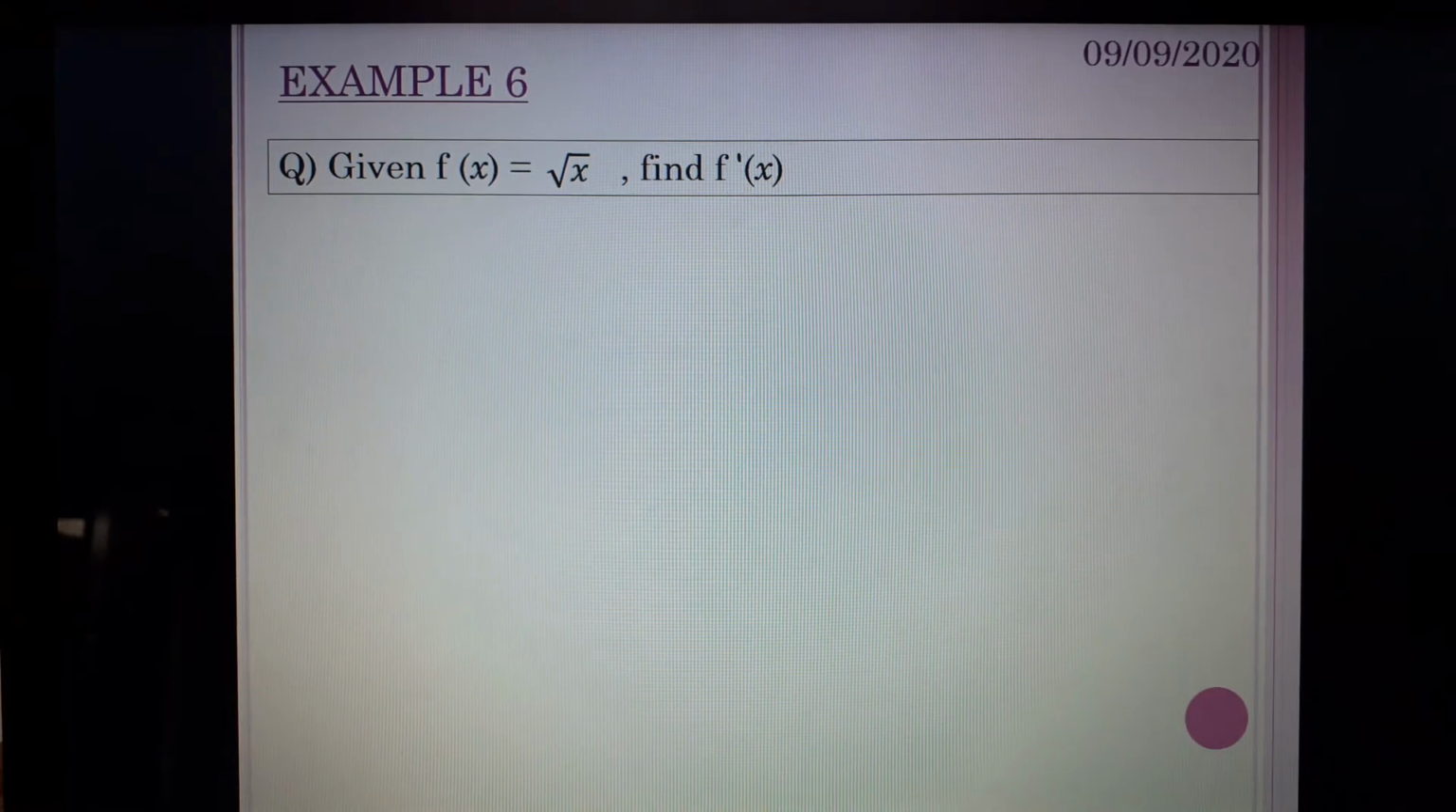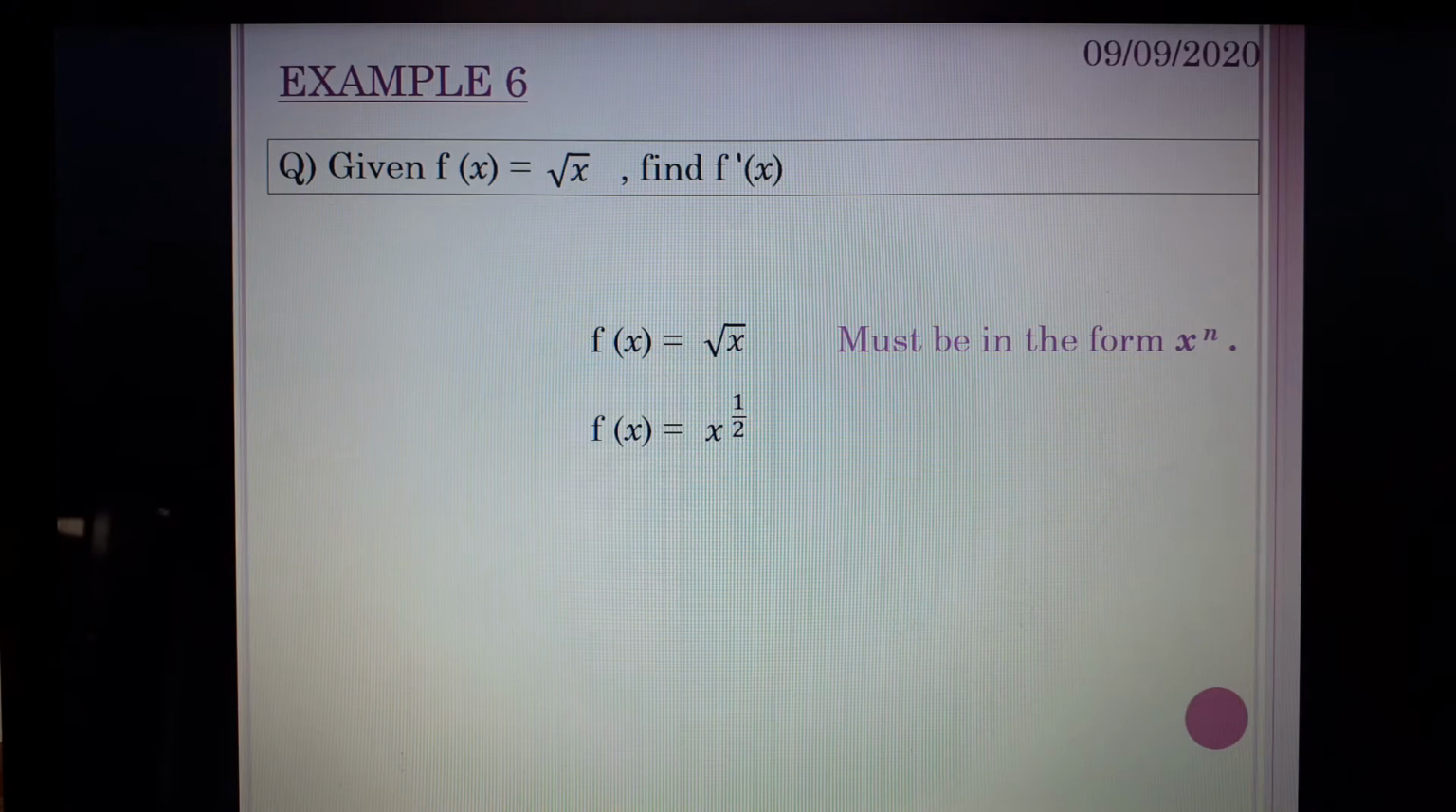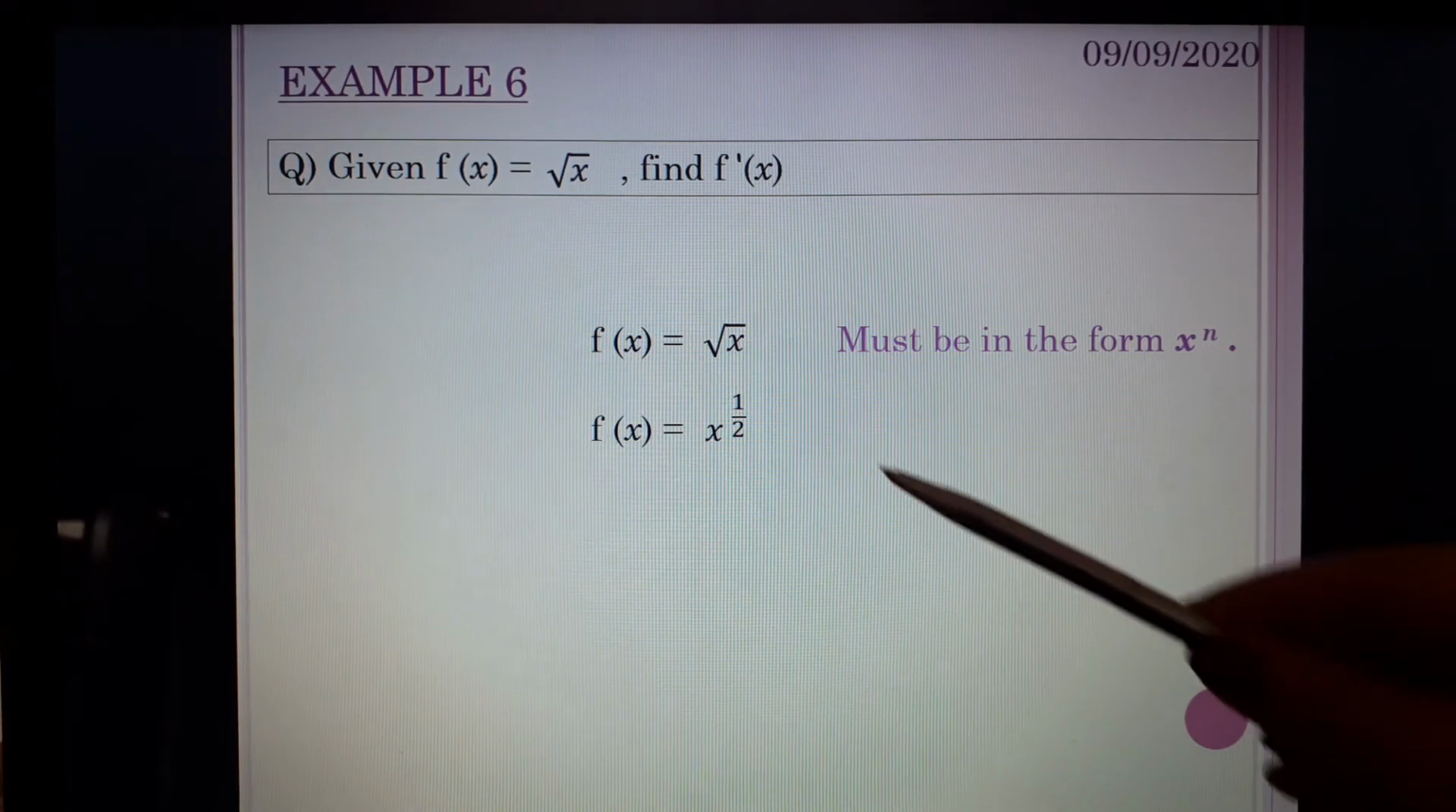Okay, given f of x equals square root of x, find f dashed of x. So again, that has to be in the form x to the power of something. So you need to remember what the square root is as a power. Now you may remember the square root as being the power of a half, but let me remind you